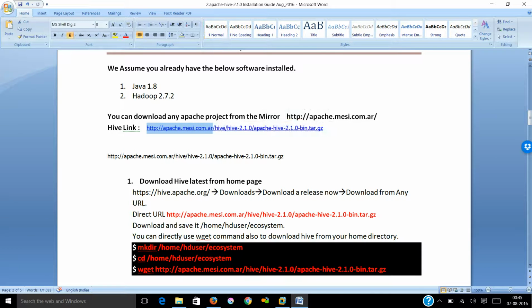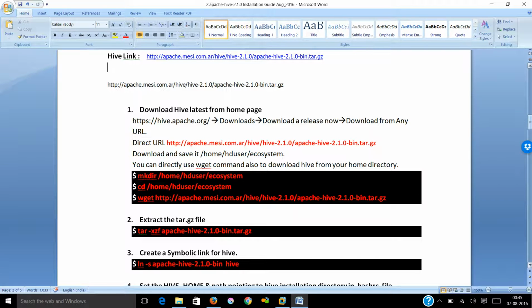Tomorrow if you want to install Pig, then go to the same place, look for Pig, and then install the latest version of Pig, and so on. Now once you get this link, all you need to do is download it and save it to your Ubuntu system. But let's try to do everything from your Linux terminal because that makes more sense.